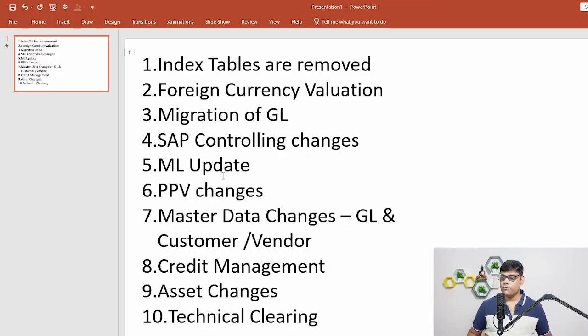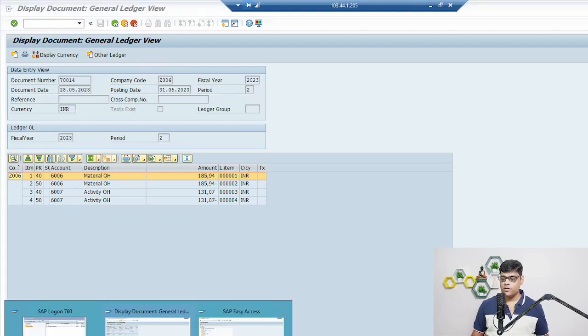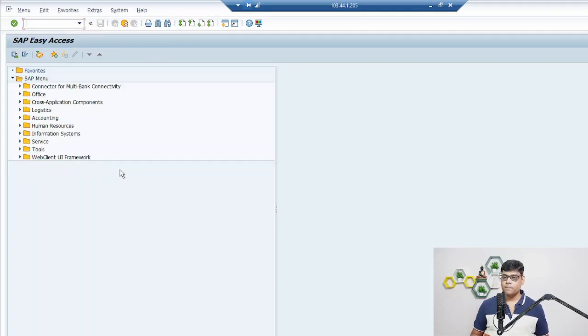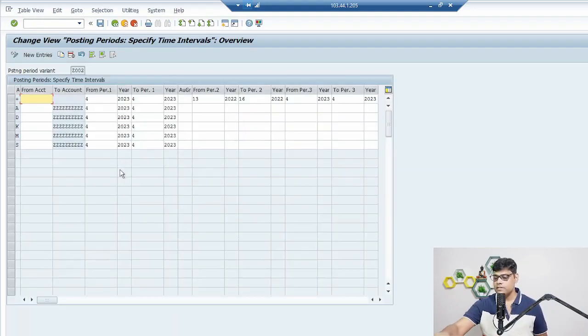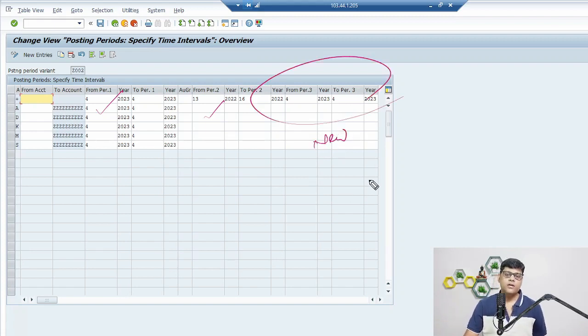Okay, coming to the next point. Posting period variant changes. Related to this, whenever you are going to get a finance document, make sure that period 3 is open. That means in ECC, you know what the structure of your posting period variant is, whereas in S4 it is something different. So in ECC, right now I'm in OB52, you have period 1 for regular operation, period 2 for special periods, here an adjustment point of view. Now this one is something new in S4, and this period 3 is going to control your document related